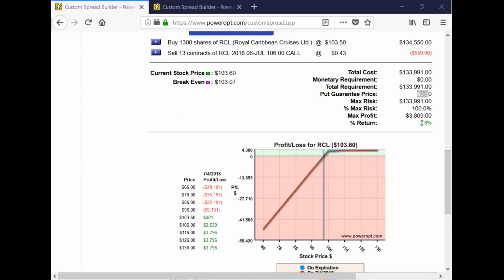And this is an out of the money call to generate a dividend-like income or maybe even higher for a 7-day, 8-day trade. Okay? But I want to be out of the money because if the stock stays in this range or just moves up to 104 or 105, that 106 call expires worthless. I still have the 1,300 shares. And now I can sell another out of the money call and continue to lower the cost basis.